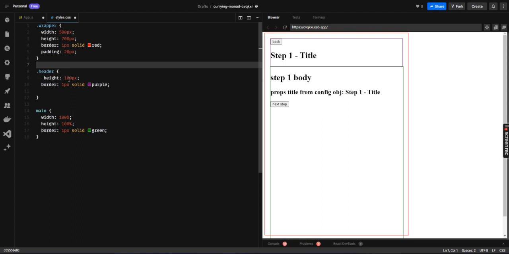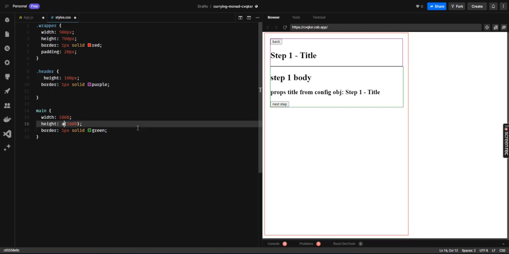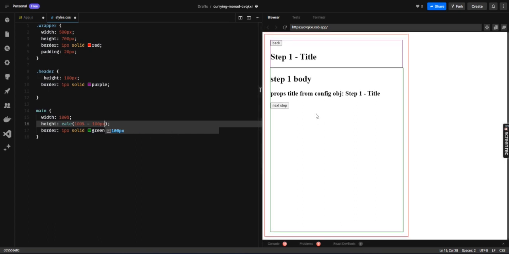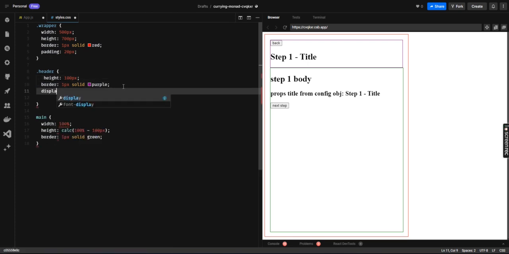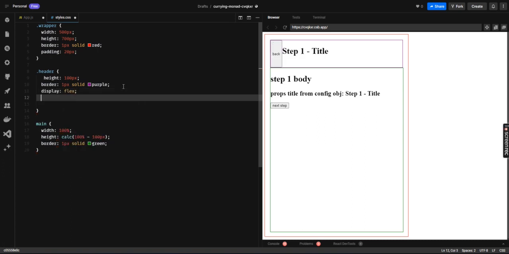And then, because we gave this 100, what we want to do is calc this minus 100 pixels, and that should fit right in. And also what we want to do is display flex it. I swear I can't type today. Display flex. Justify content center. Actually, should we? Or no? Let's just leave it simple. You guys can make it look nice. So we have this, and we have